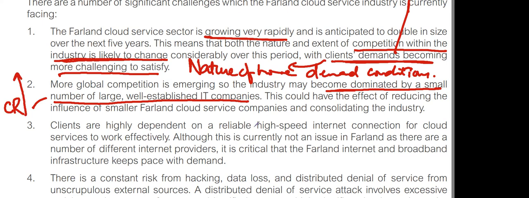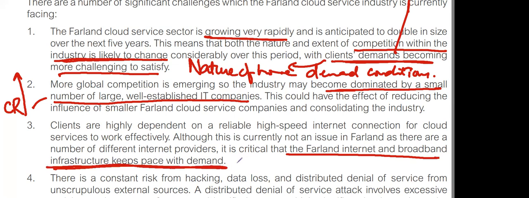Clients are highly dependent on a reliable high-speed interconnection for internet connection. Although this is not currently an issue, as there are a number of different providers, it is critical that Farland internet and broadband infrastructure keeps pace with demand. So